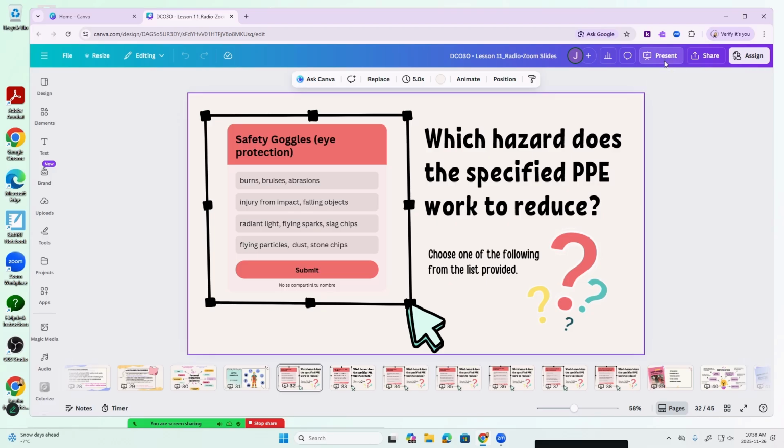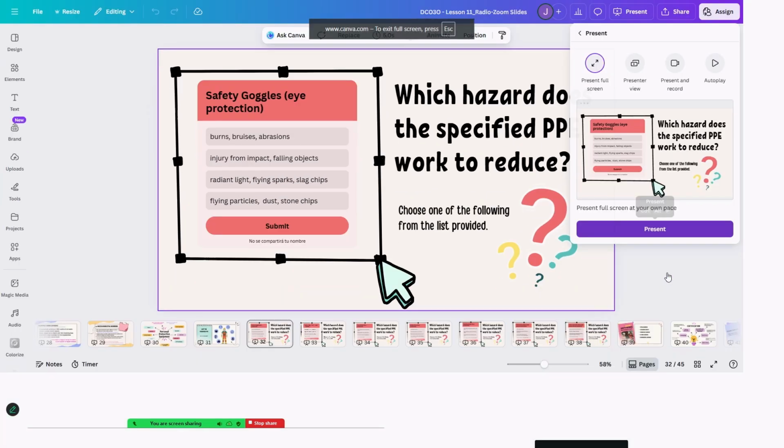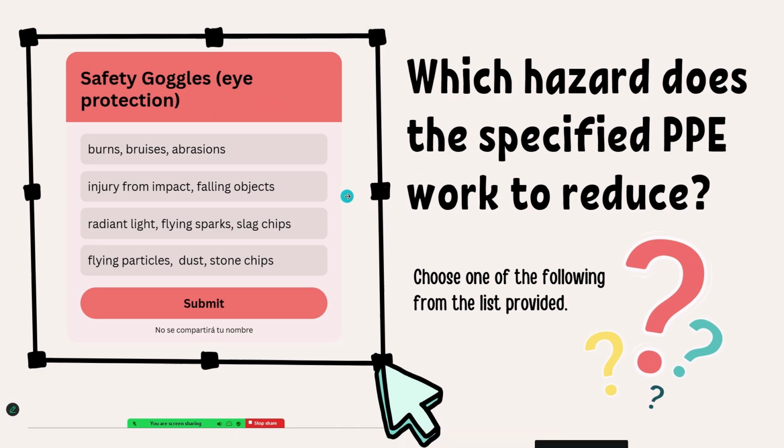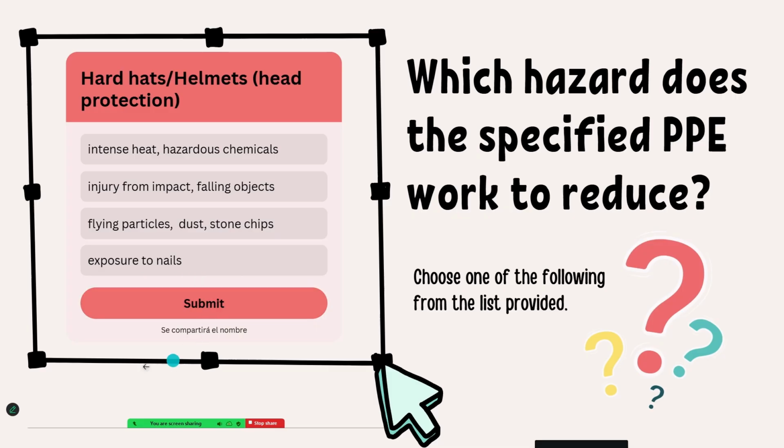So the first one says safety goggles, eye protection. Is it working to reduce burns, bruises, or abrasions? Safety goggles, are they to protect from injury from impact, falling objects? Are they to protect from radiant light, flying sparks, or slag chips? Or would safety goggles be most likely to protect from flying particles, dust, and stone chips? If you chose,